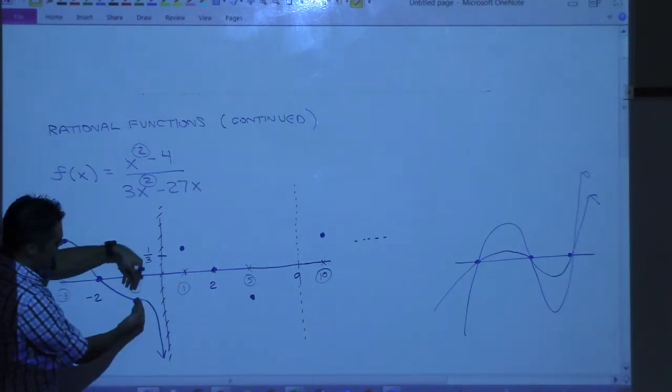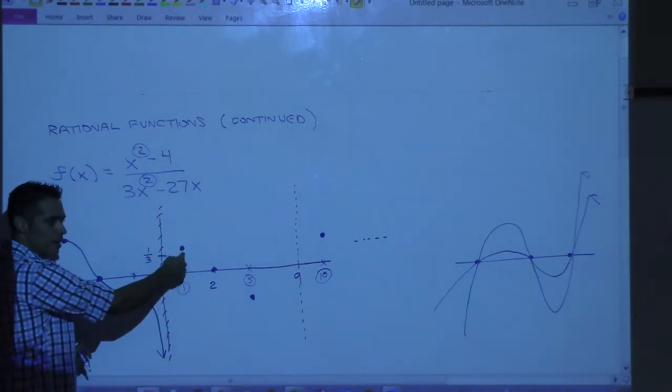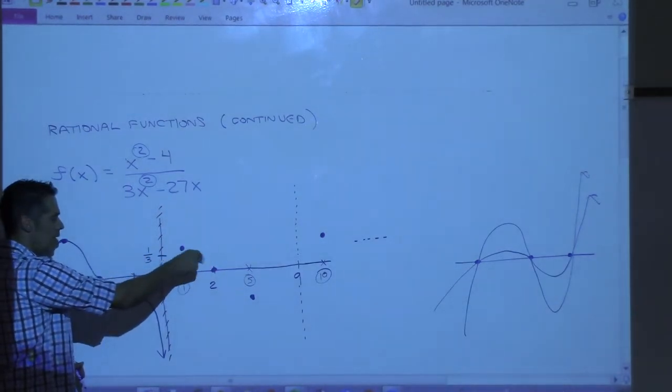Okay, now that we've done this, we're going to jump over the vertical and just go to the next point. And then we have to draw it to the left and to the right. So out to the left,